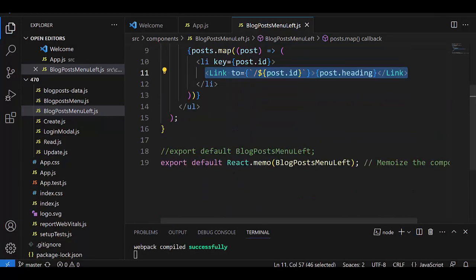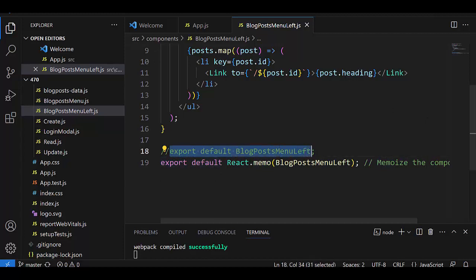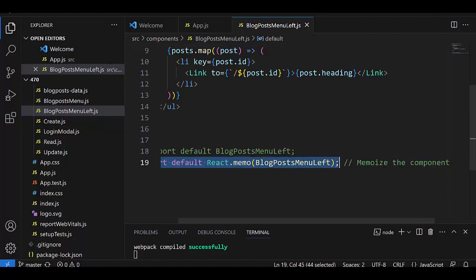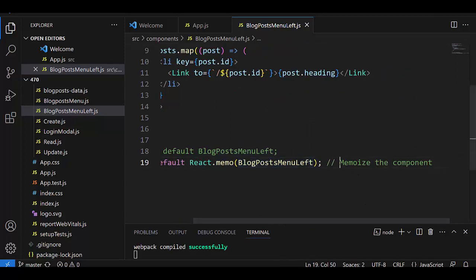Solve it with memo. Method memo, React object, method memo, and instead of this statement, write only this statement: React.memo, and in the parameter of that memo is the name of the component, BlogPostMenuLeft, and it memoizes the component. It means that the component will not be re-rendered when the parent component re-renders